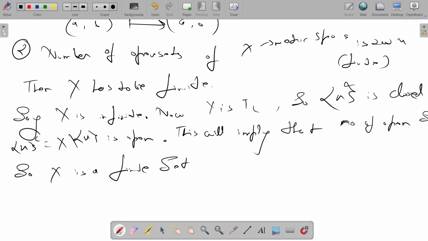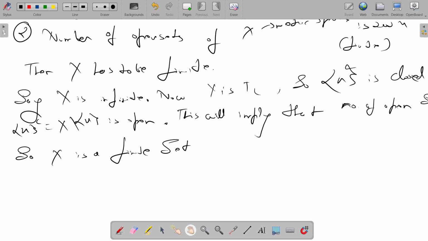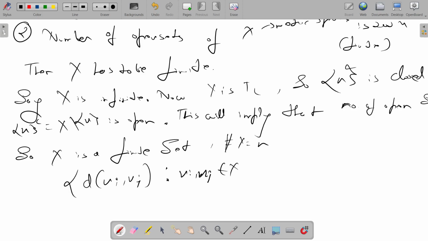Now, if X is finite, and it is also given that X is a metric space, X will be discrete. Say the number of elements of X is n. Now consider the set of d(xi, xj), where xi, xj belong to X, with i, j